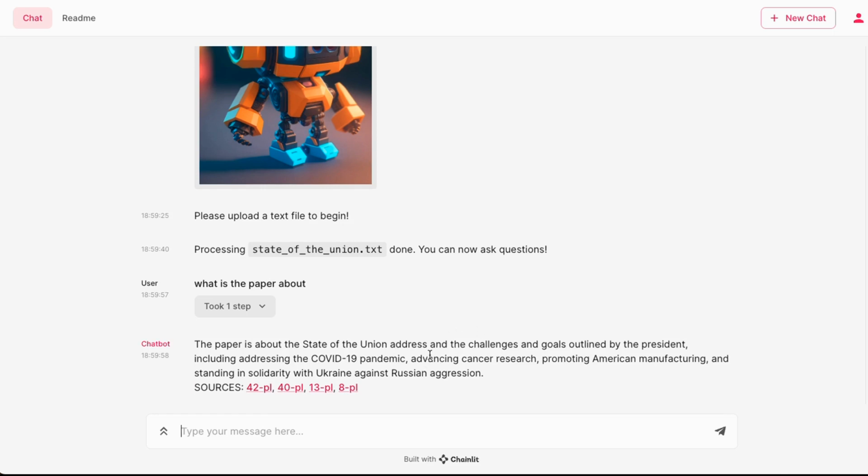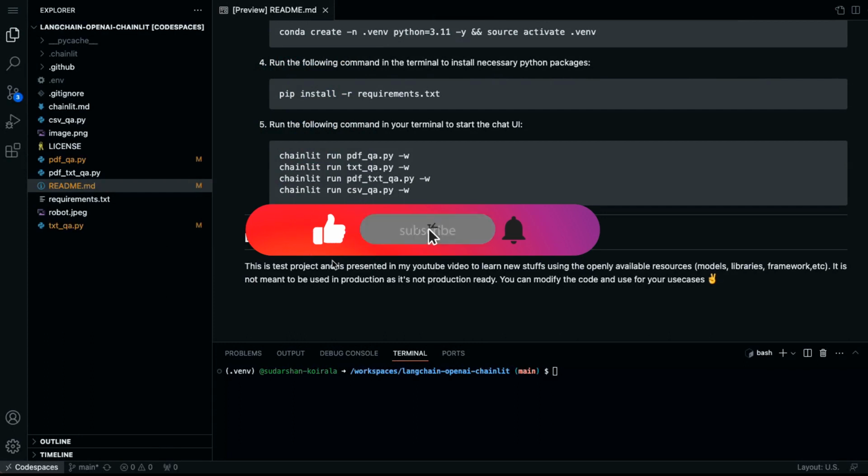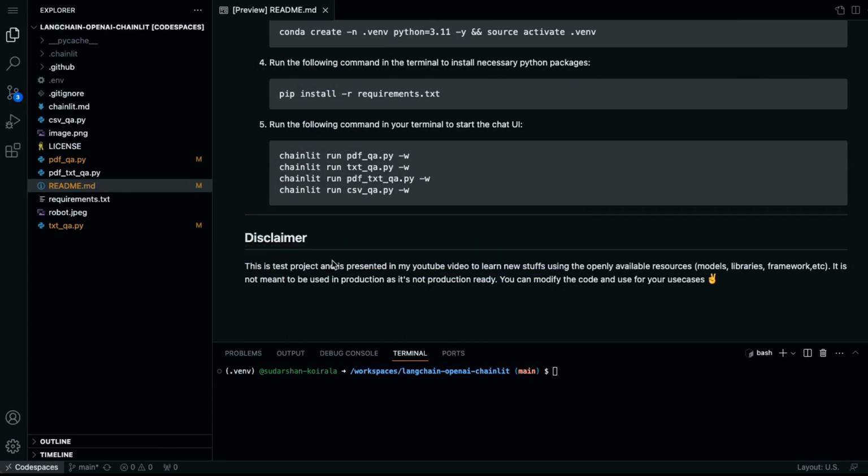So it shows all the different things, and the sources are also being provided here as before. So you can ask as many questions as you want. Okay, now the question is, we went through the chat with PDF and chat with documents separately, right? But most of you might want to have the same app which allows users to upload the PDF as well as the text file,